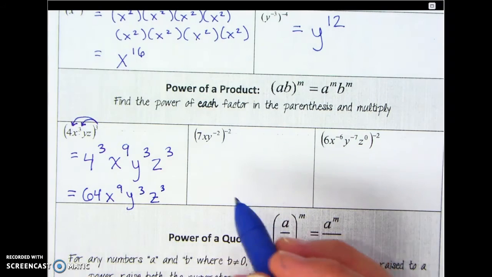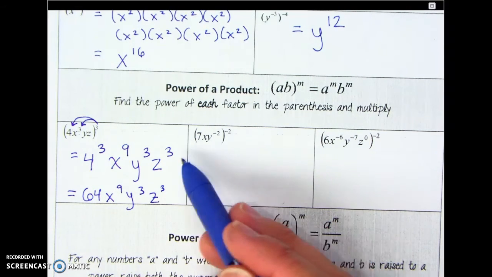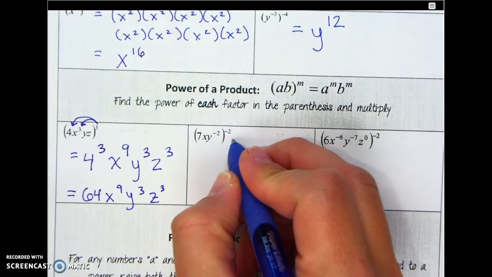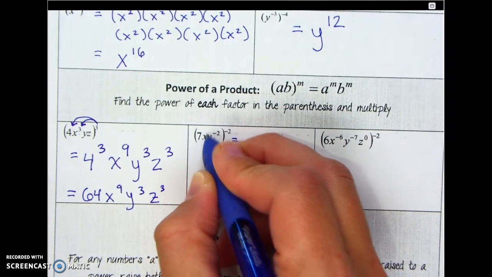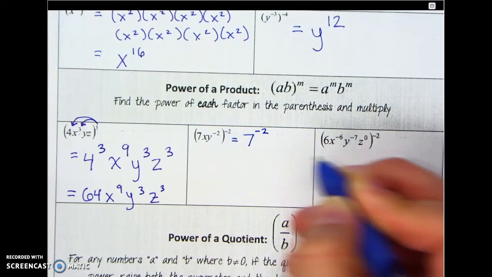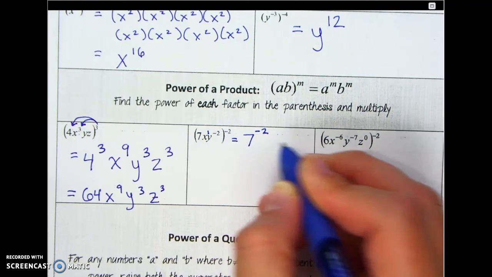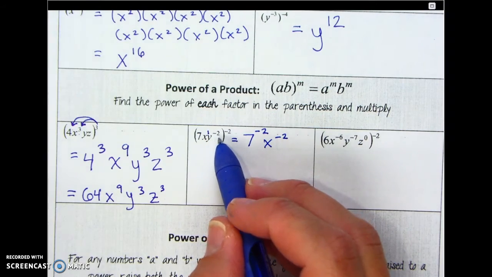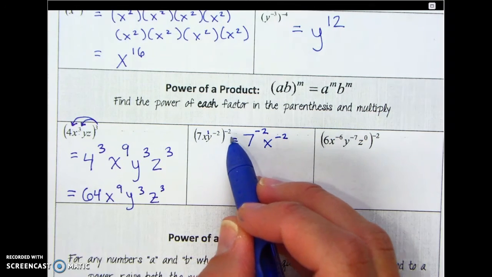Okay. What about here? We're going to distribute this negative 2. Are you ready? It's going to be fun. Here we go. 7. Does 7 have a power? Just a 1. So we need to give the 7 the negative 2. X doesn't have a power. It's a 1. So we're going to give the x the negative 2. The y already has a power, so we're going to multiply. Negative 2 times negative 2 is